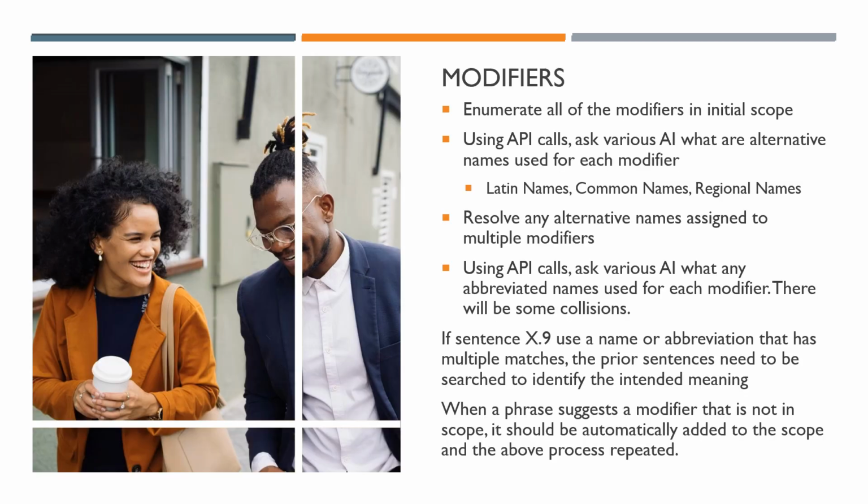Modifiers. Joy, modifiers. Enumerate all the modifiers in your initial scope. Use APIs to ask for alternative names for each one. Generally, you want to, if possible, find a Latin name, and there may be multiple Latin names for some modifiers. Common names and regional names. Something in England may be called something different than in the US and different than in Australia or in Hong Kong, especially when we're dealing with, for example,